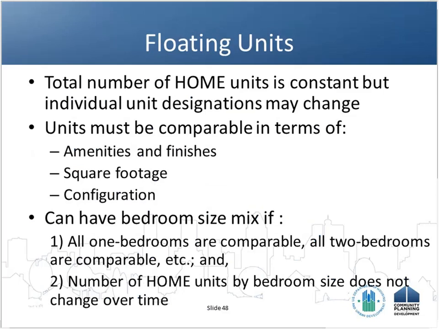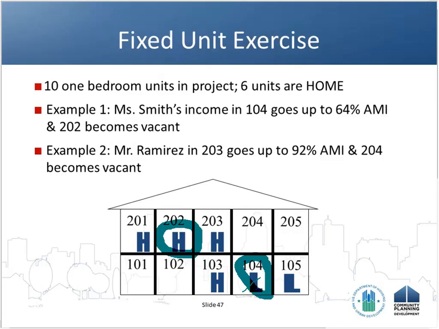So in the case where we have, wait a minute, I think we need to do the second part of this. So our example 2 on this, we have Mr. Ramirez, who's in 203. And he's gone to 92% of area median income, and 204 becomes vacant. So 204 being vacant doesn't really help us because this is a fixed unit. We're not going to add additional home units. And so in this case, we're going to raise Mr. Ramirez's rent